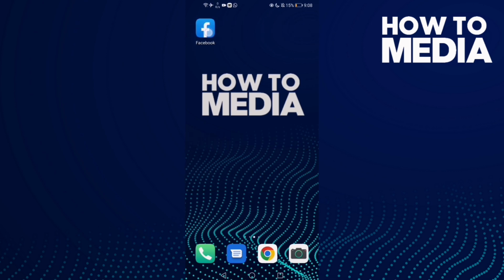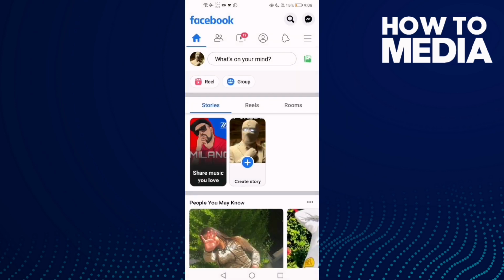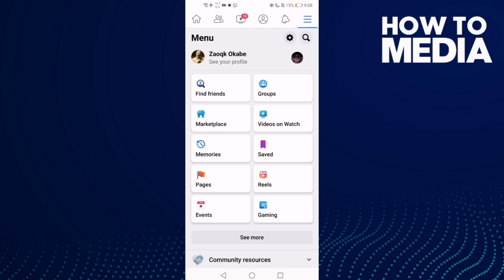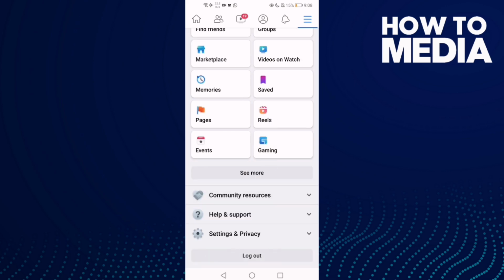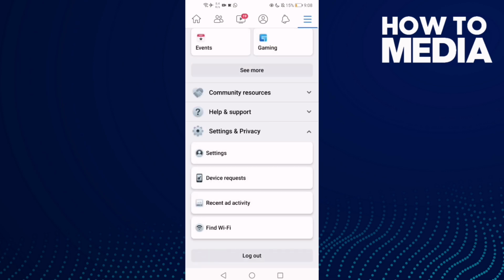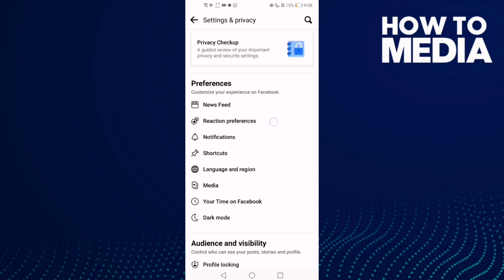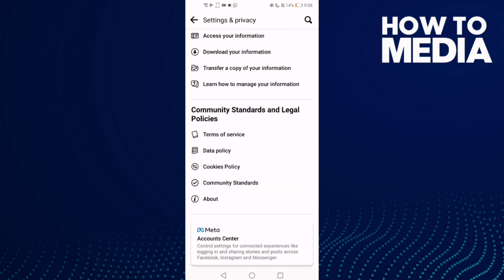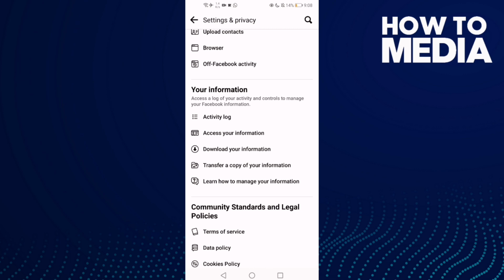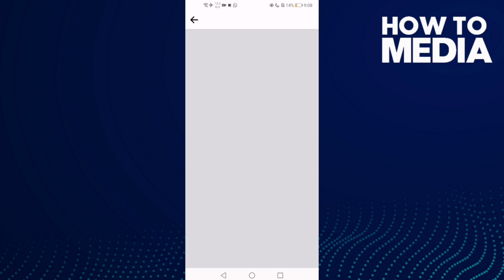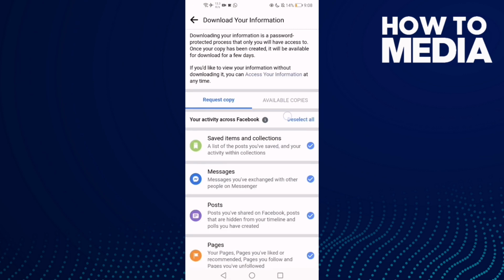First, we're gonna go to Facebook and then click the three lines in the top corner and go down, click settings and privacy and then settings, and go down until you find download your information. Click on it and then click select all, deselect all,